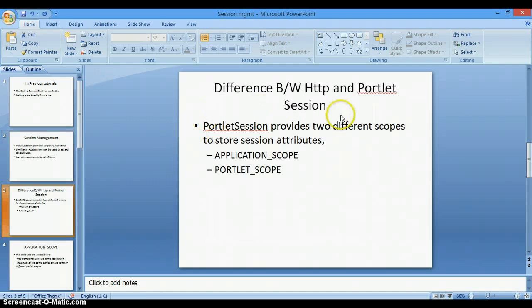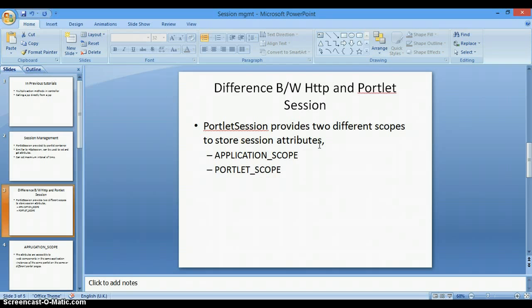Here comes the difference between the HTTP session and the portlet session. If you remember the HTTP session, there is nothing known as scopes over there, that for a particular scope you can set the values in a session. But in the portlet session, there are two types of scopes available in which you can set the values: application scope, and another one is portlet scope.